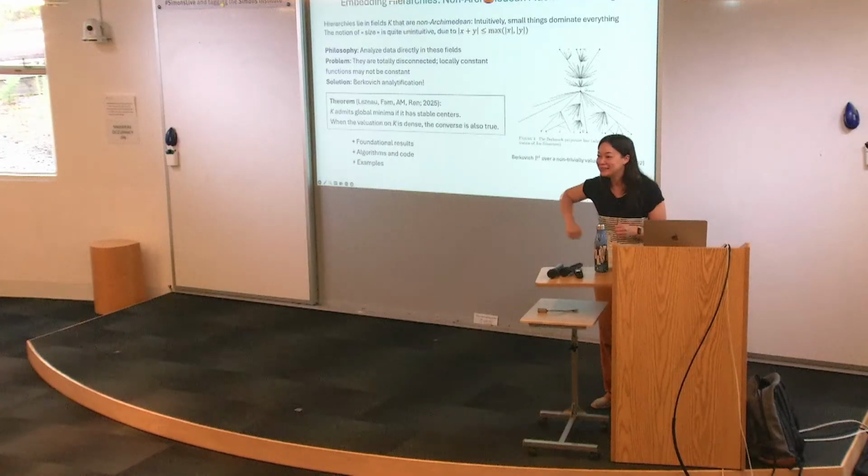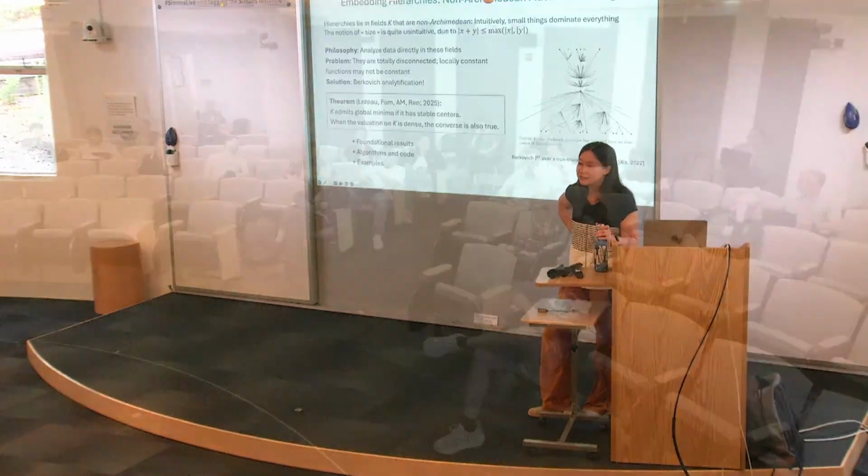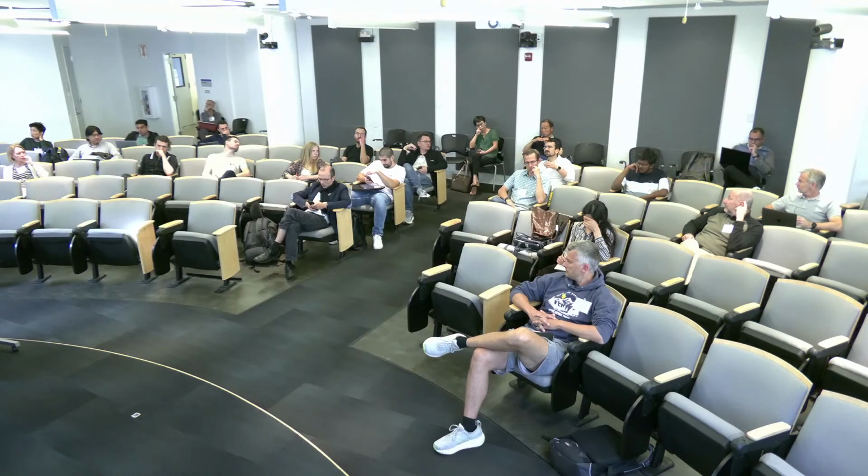Questions? So if you have a graph, what algorithm are you applying to it in order to get an embedding, for example? So the one that I was studying before was this paper by Nickel and Kiela from 2017. Yeah, but for the non-Archimedean case, what would you do to it? So I'm talking about that right now.